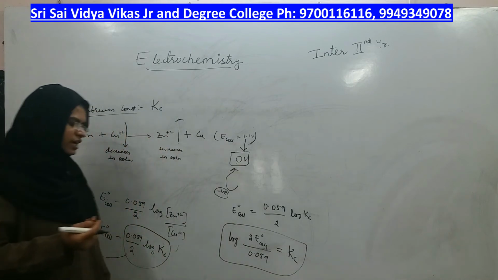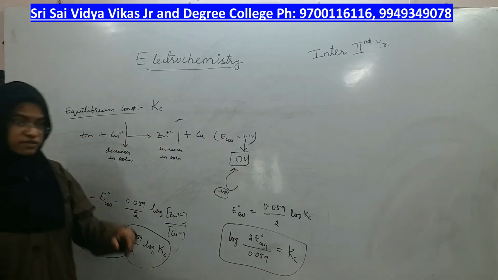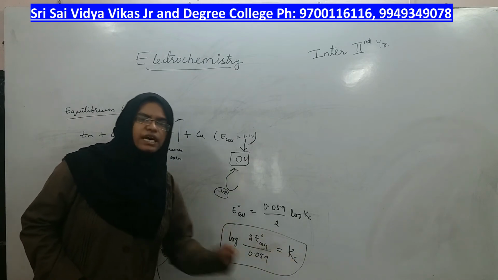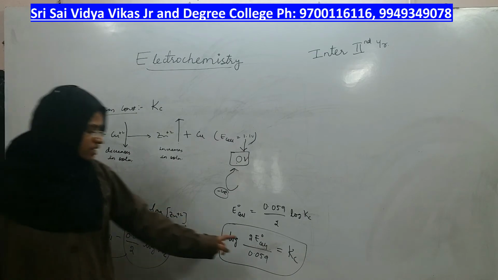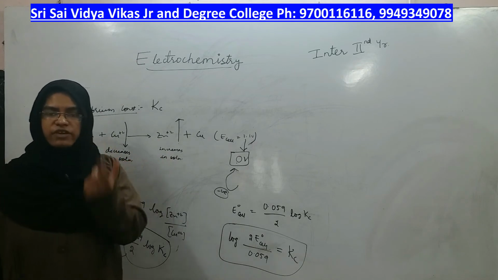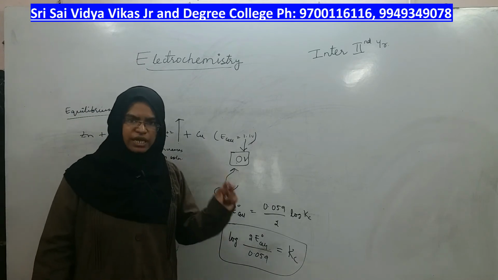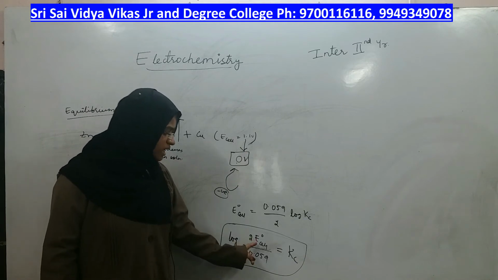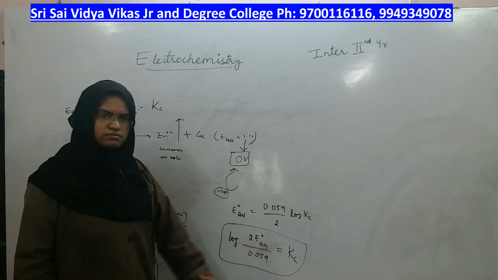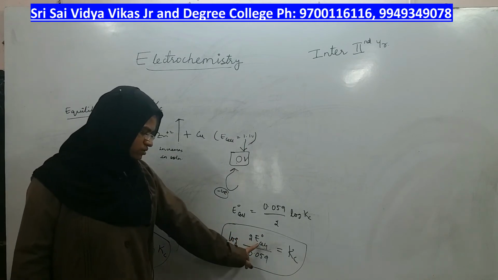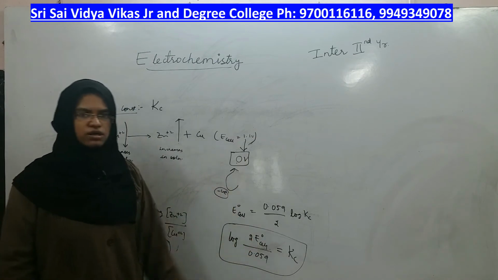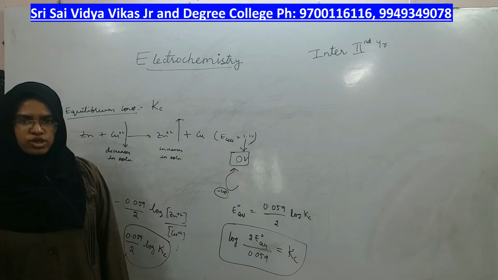So you might have another problem in which what will they give? E0 cell they will give, you have to calculate Kc. At equilibrium constant, the standard cell potential value for the given cell is some x. That will be the way of asking you the question. Calculate Kc. What you have to do? Standard cell potential value 2 into x divided by this log. So calculate the value, you will get the equilibrium constant answer.